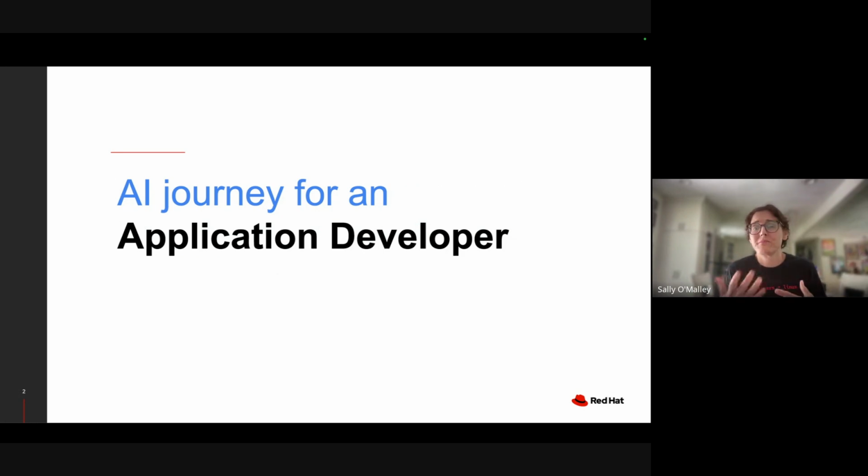But about 7 months ago, it became apparent that AI is not just for data scientists anymore. It is definitely for application development, and that is front and center in every conference, every meeting, every customer call. It's all about AI. So we were kind of pushed together. The data science people know all the data science stuff. We application developers know how to deploy stuff and create containers. And that is where AI Lab comes in.